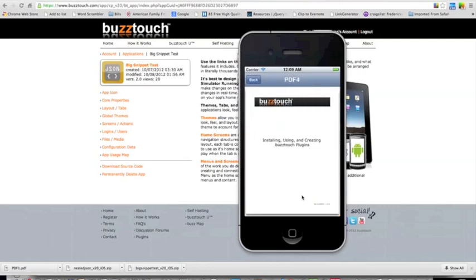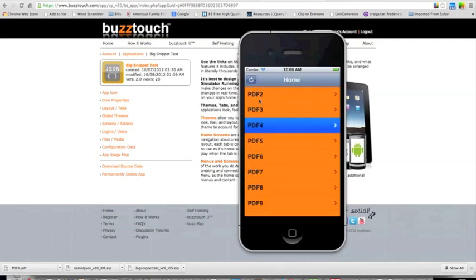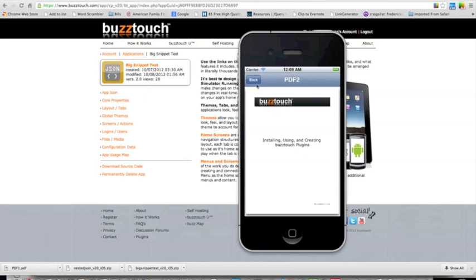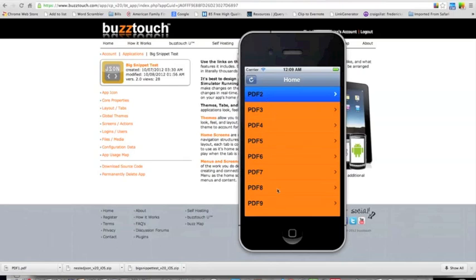screen. Now in my example, I made them all lead to the same PDF, just for the sake of simplicity of only having to copy one PDF file into my project. But you can see that I could have 25 different PDF files on here, or any different type of screen. If I had a long list of maybe HTML docs or a long list of images, just whatever I wanted